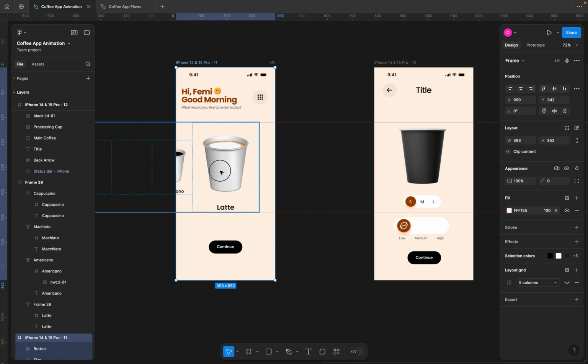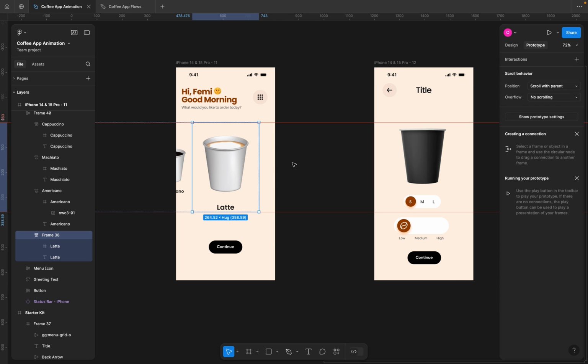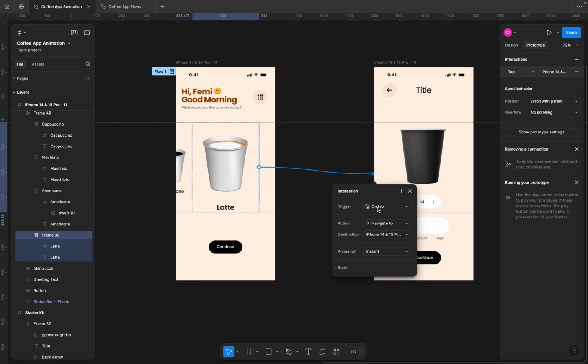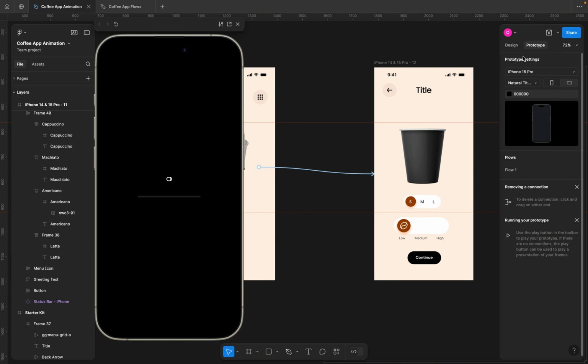So once you have this, you can select this particular coffee cup and create a prototype all the way down to the next screen, right? So it's going to be an on-tap navigate tool. We want it to have a smart animation, and for the smart animation, let's leave it at 600 milliseconds, right? So I'm going to leave it at this, and I'm going to go ahead and create a preview